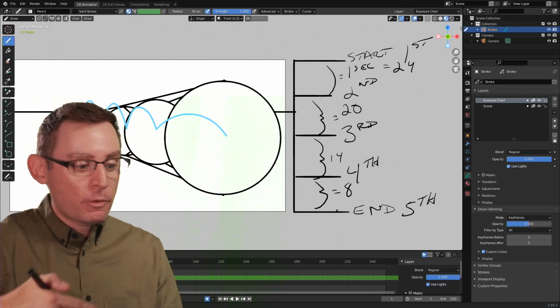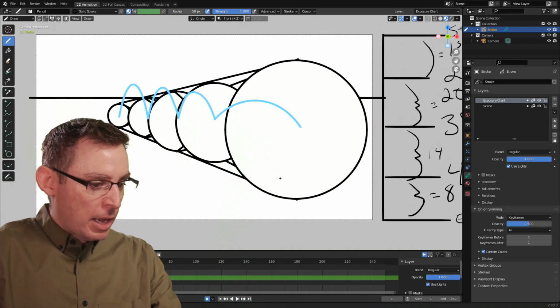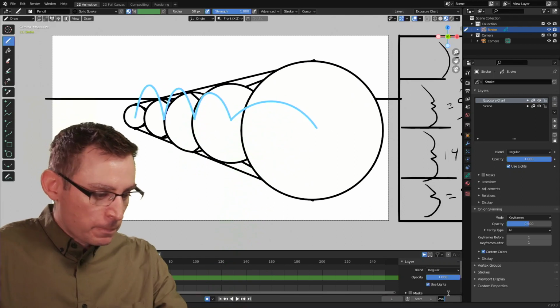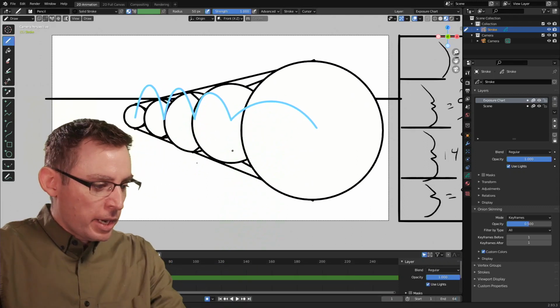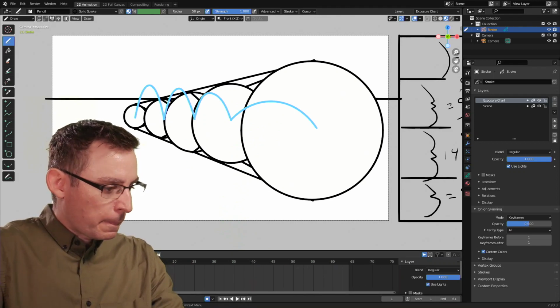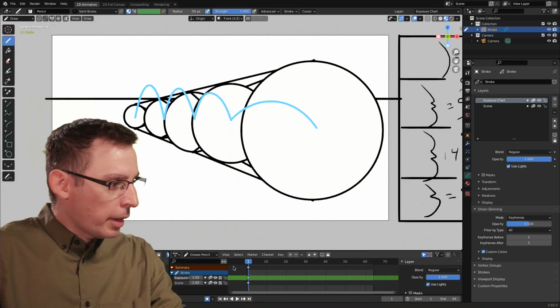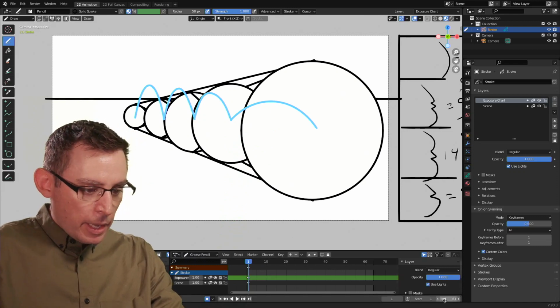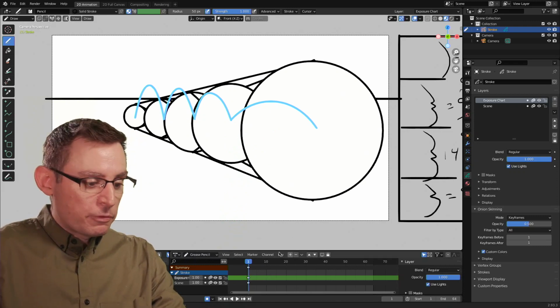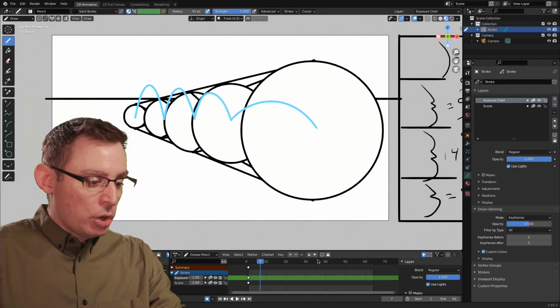I now take this information and start plotting it into my timeline itself. This is where it gets real fun real fast, because now we have a good idea. I think I said 64 frames total for the animation. Let's zoom in on our timeline over here. Bear with me just for 1 second. There we go. Now we can start seeing it. All right, so I'm down here inside of my timeline, and I've changed the sequence end to 64. That's the final frame I'm going to have inside of my animation itself. So this is a good place to begin.